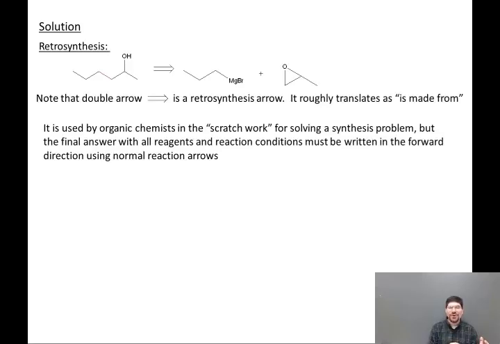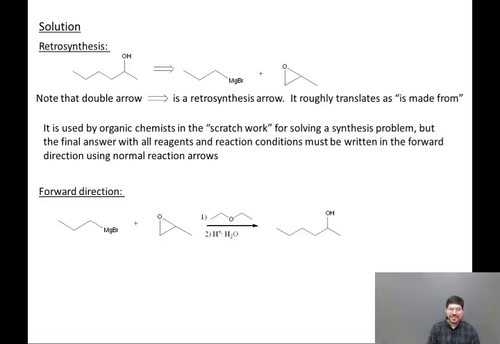But the final answer with all reagents and reaction conditions must be written in the forward direction using normal reaction arrows. So let's see what this looks like. We take our 2 starting materials, put a regular arrow, single arrow, say that initially we're going to mix these together in ether. That's what the 1 ether means. And then secondly, after that reaction is finished, we will add acidic water, do the aqueous workup, and that will give us the final product. So that's a one-step synthesis. In the next lesson, we will move to multi-step synthesis problems involving Grignard